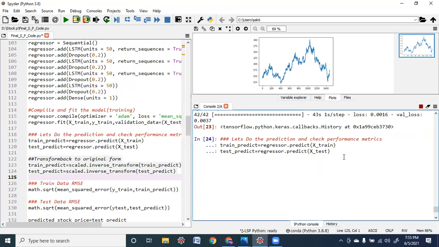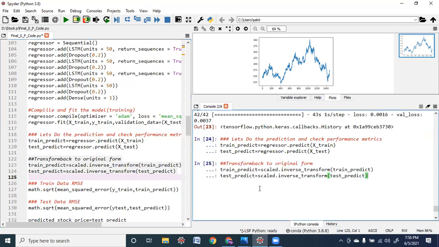So it is executing, guys. Now we are doing inverse scaling to transform back to original form as we did earlier.